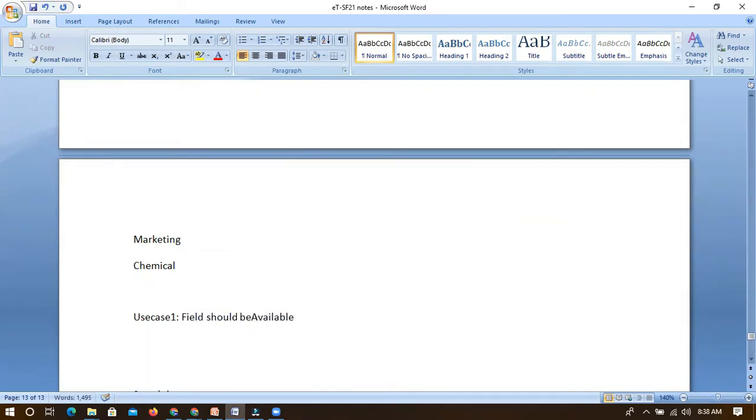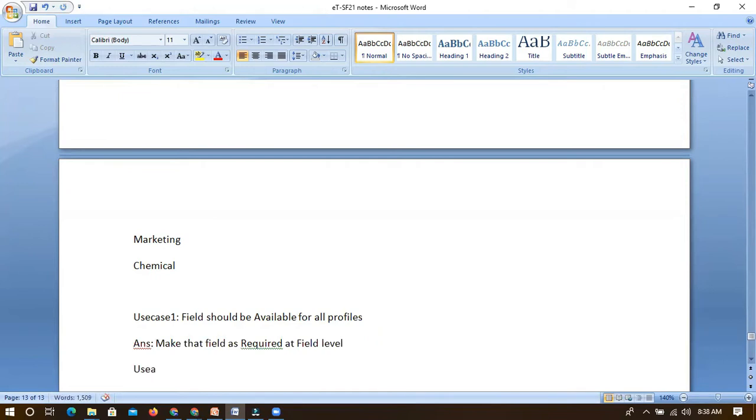In this case, our answer is to make it required at field level only. So when you create a field or update that field type, you can just put that as required. So this is use case one.